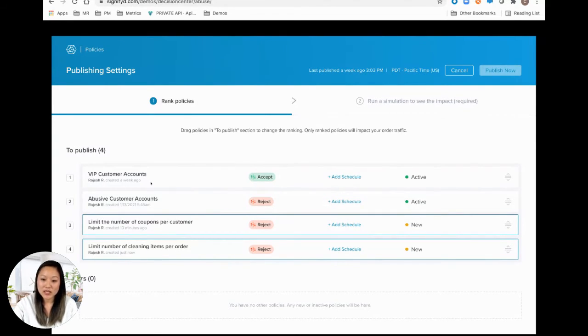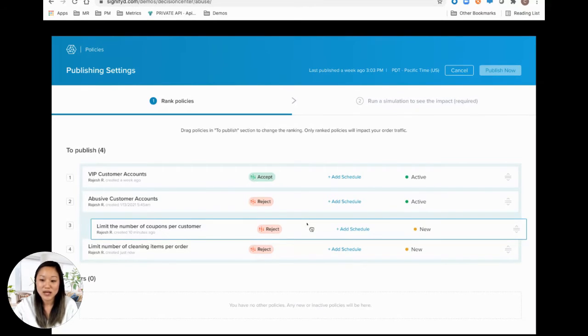So the way that the policies work today is on a first match basis, which means that once it matches on one of the orders, it will stop there and take the action of that item. So it's really important to make sure that you're ranking your policies in a way where the most important policies are at the top, so that they will match on some of the ones in the top. So for example, let's say the coupon abuse is really important for us to block against, and even if it's above our VIP